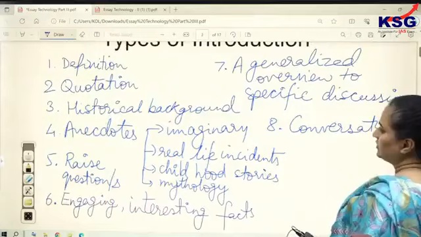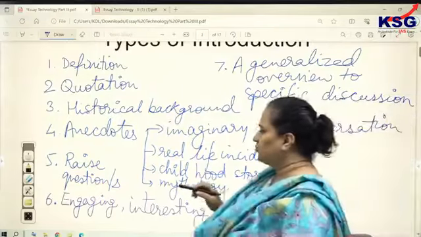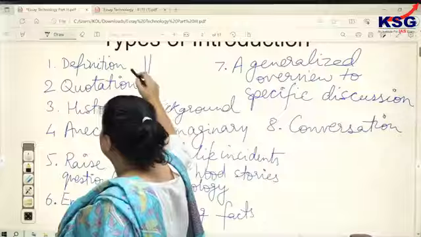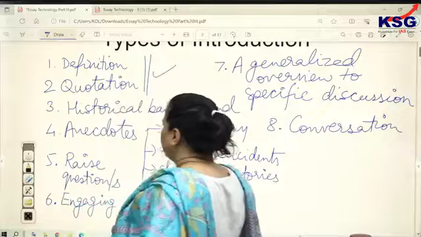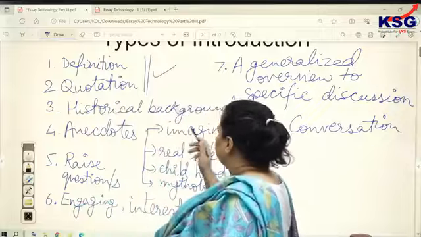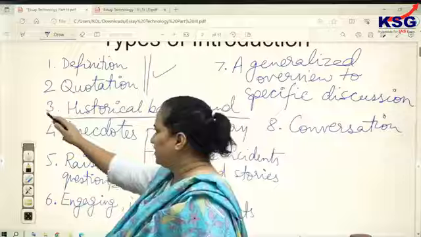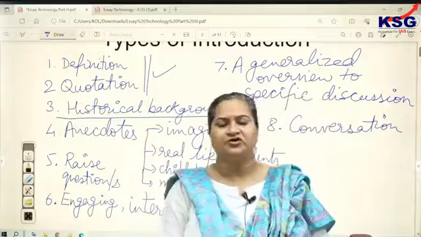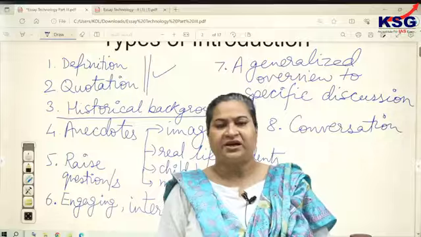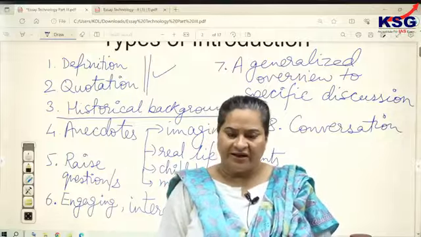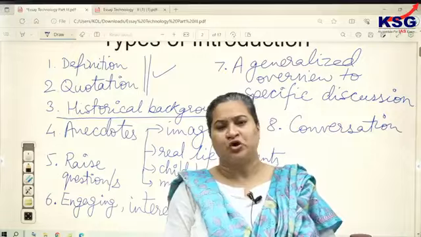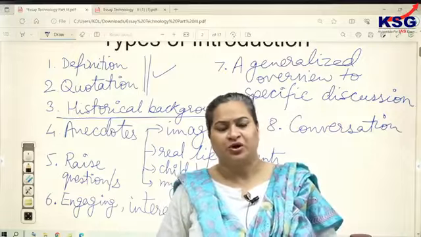Anyway, this one. So with respect to this, I believe you all are able to understand that we have discussed this area, definition and quotation. Then comes the component of historical background. Now this is another sensational area. When I speak of historical background, see to it that the history is relevant, valid, and is published in your NCERT books or standard textbooks.